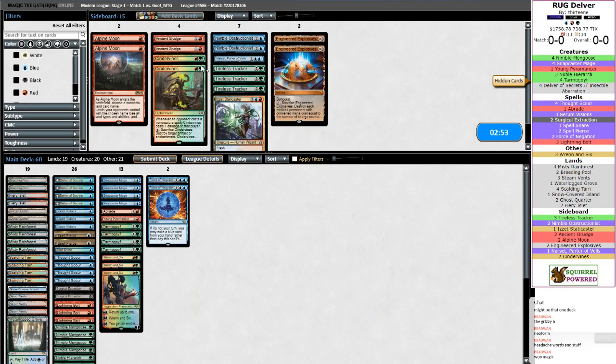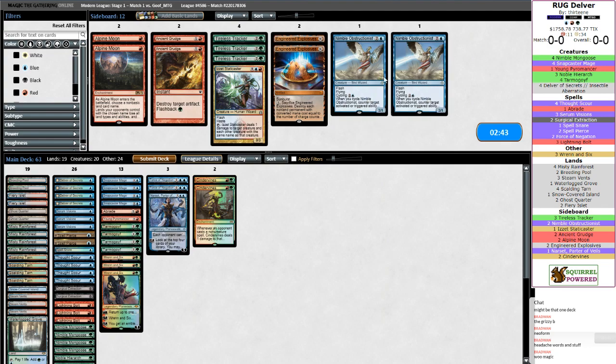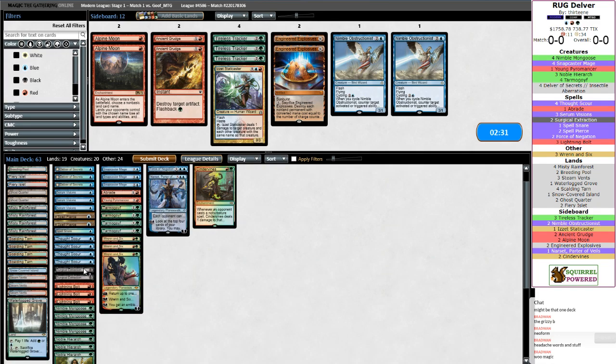Postboard. That's going to be Cindervine so that they take damage whenever they cast a non-creature spell. Probably, obviously Narset, but probably Nimble Obstructionist. That can at least stifle a draw 7 trigger. It does cost 3 mana, but that might be relevant. Let's see what we're actually taking out. So, Surgical can technically take their...